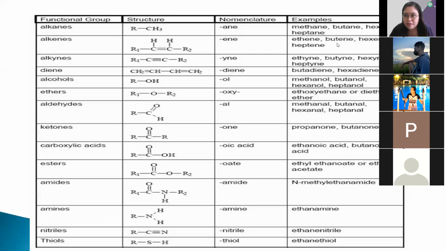So instead of saying butene, butene is referring to one double bond only. But when you say butadiene, that means it has two double bonds. That is also true for hexadiene. Two double bonds are present in the chemical formula. So all of these are classes of hydrocarbons in which their structure or their chemical formula only contain carbon and hydrogen. From alcohol downward, they are no longer purely hydrocarbons because we have an additional element